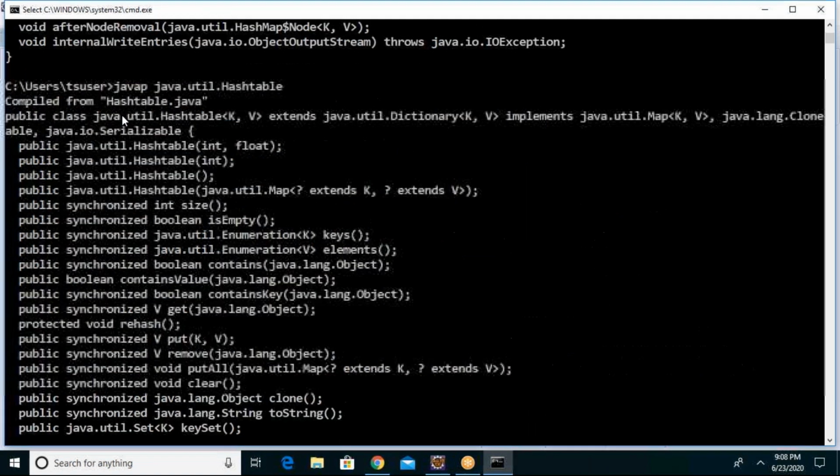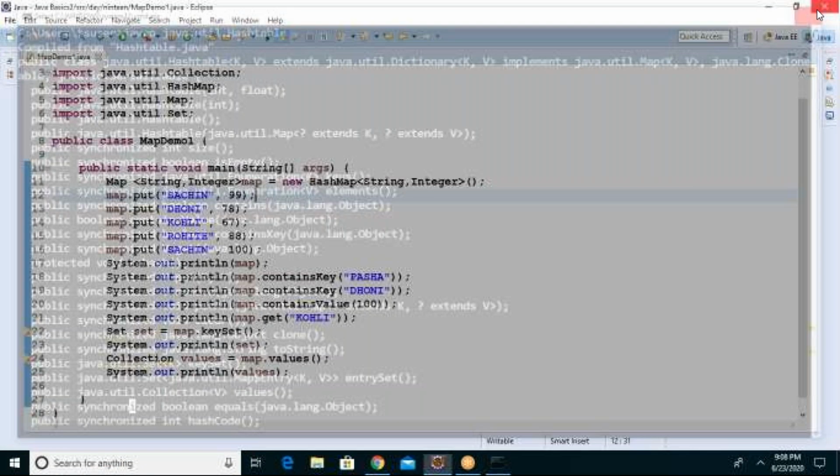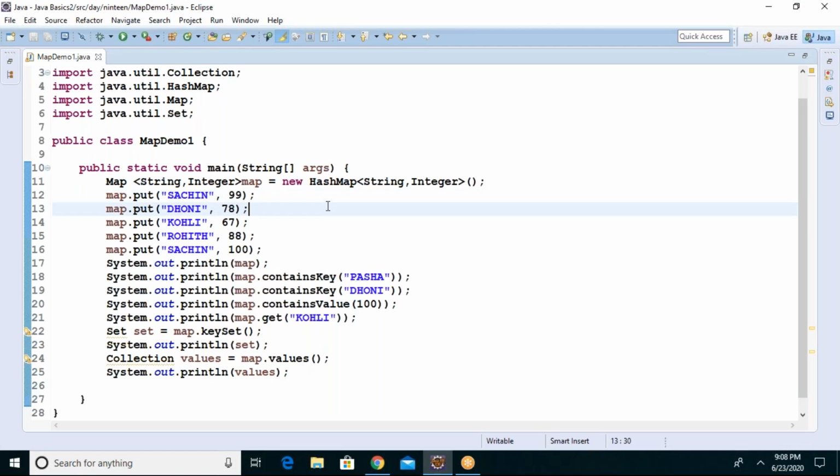Synchronized. Which are synchronized? Hash table methods are synchronized. Hash map methods are asynchronized. So which is useful in multi-threaded programs? Hash table is useful for multi-threaded programs. Which is useful for single-threaded programs? Hash map is useful for single-threaded programs.